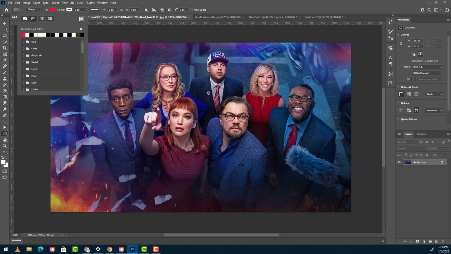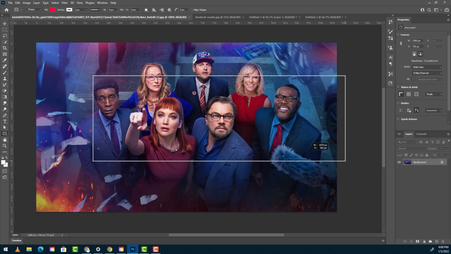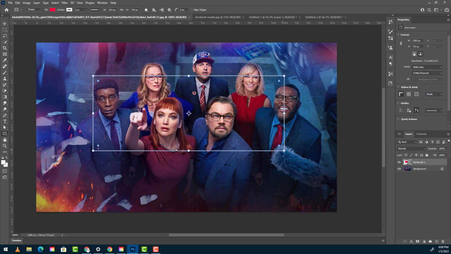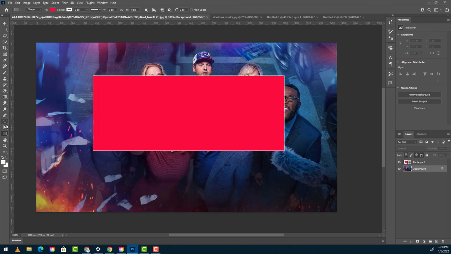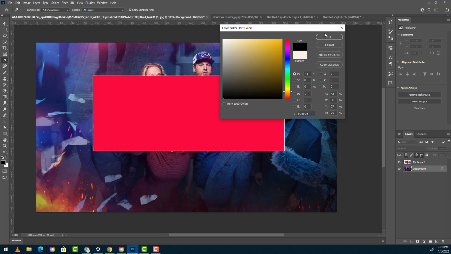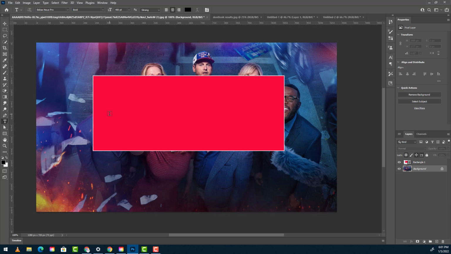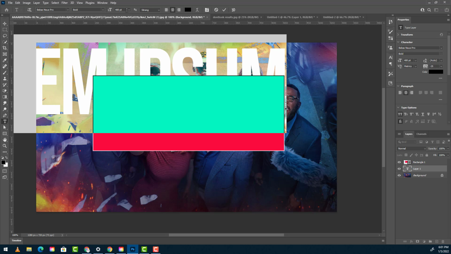I'll fill it with this color here. So this, right? Then I'm going to take some text. Doesn't make a difference what color the text is. We'll just make it black. Let's take it down